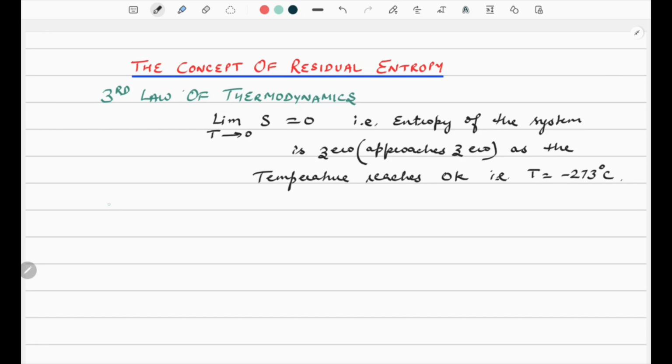So, in simple words, at T is equal to 0, then entropy should be 0